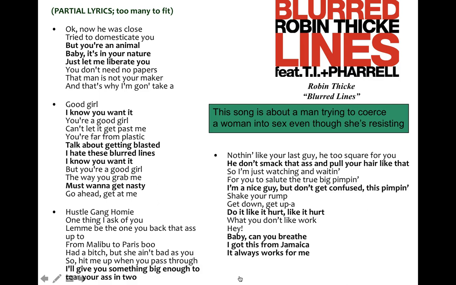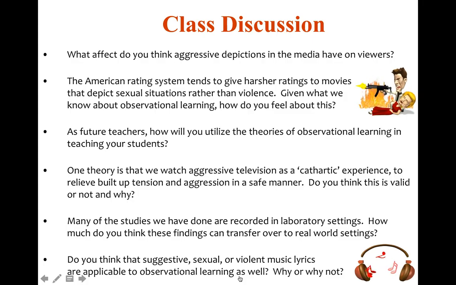Okay, and I think part of it goes back to how can we be effective models? Make sure that our actions are consistent with our words. Okay, we as teachers we have to wear multiple hats. Not only are we the teacher, we're the counselor, sometimes we're the parent, sometimes we can be the friend, sometimes there's just various hats. We're the mentor. There's various hats that we're wearing as a teacher, various responsibilities.